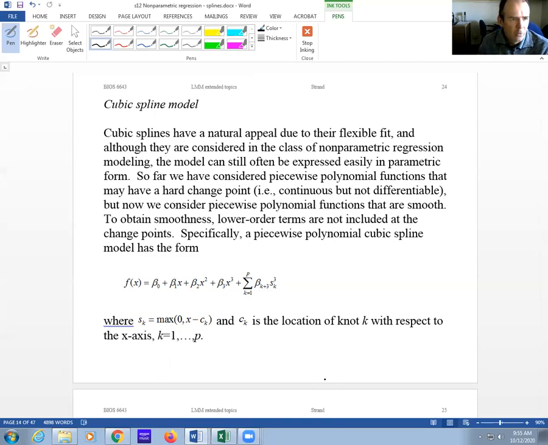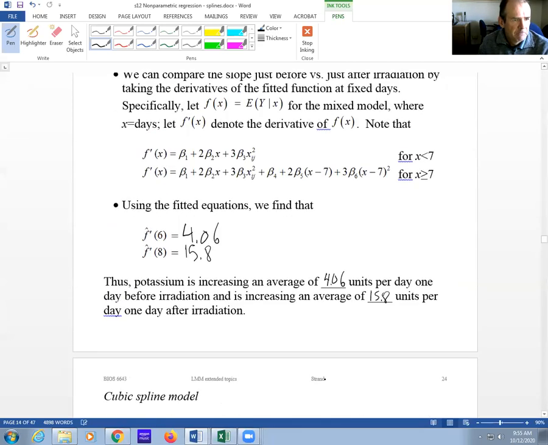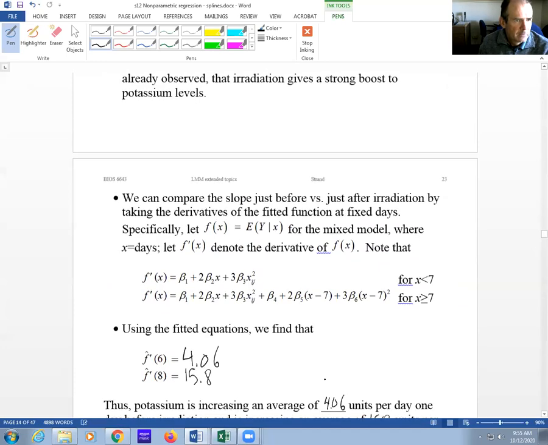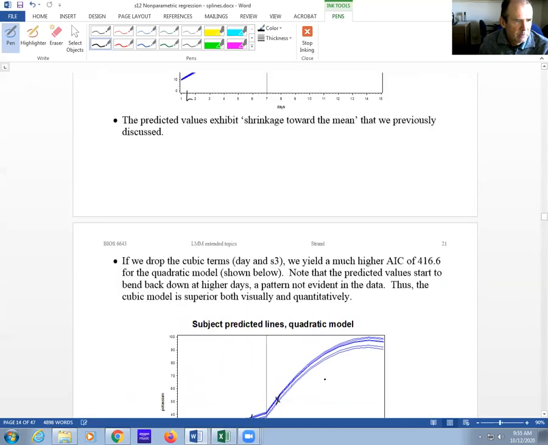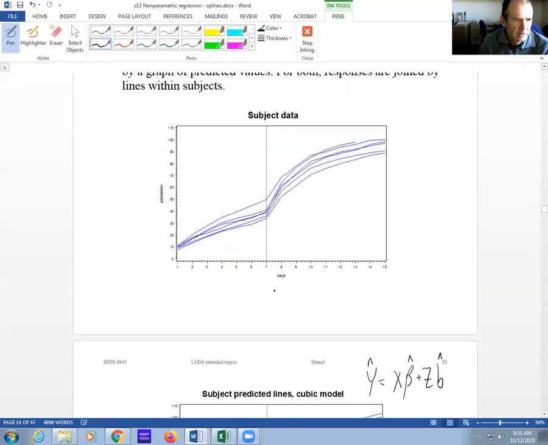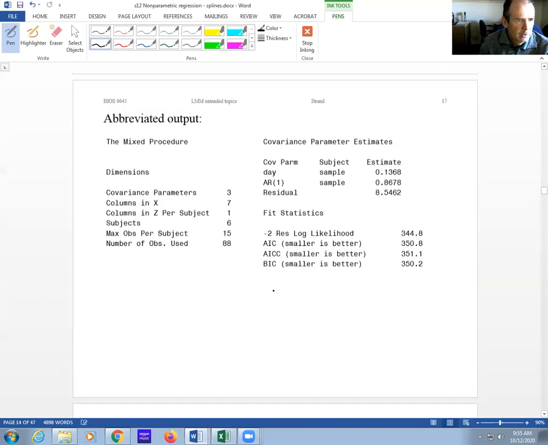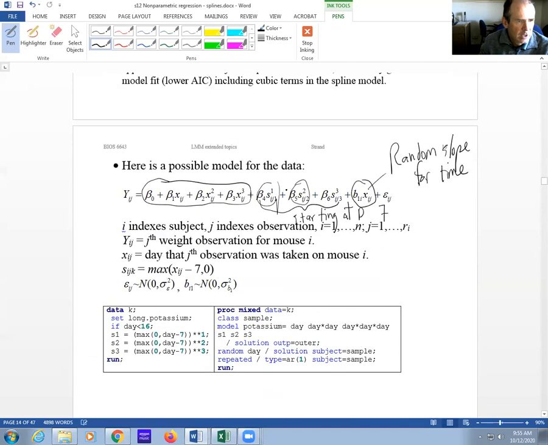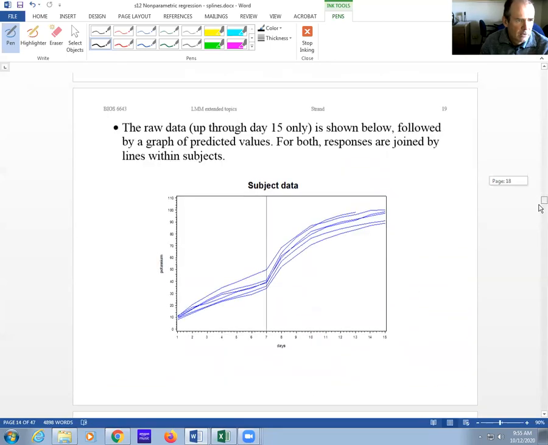So for this model fit for the potassium, we wanted a hard change and we expected a hard change, but if we wanted to make it smooth, what we could have done is just drop these two, the linear and the quadratic. If we drop those, then it's going to force smoothness at the knot. Okay, so when we go to spline modeling,